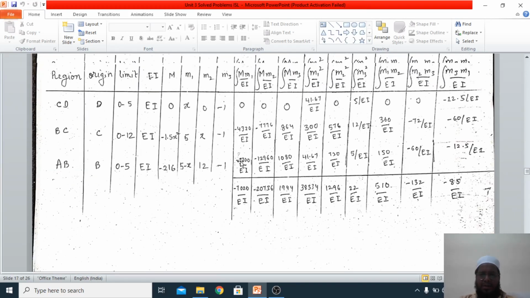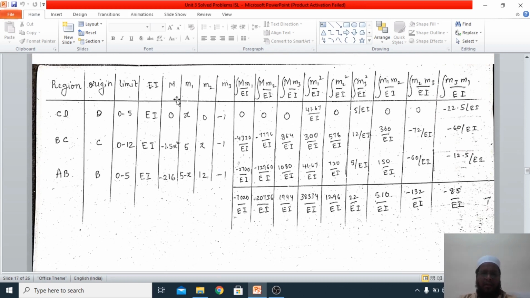So now you can see here in this one we have calculated M1, M2, M3. Now we'll go for this capital M1. This table you have to remember very carefully. Once you remember the table very carefully, this particular part will be taken care of by your calculator only. So how to take this one?